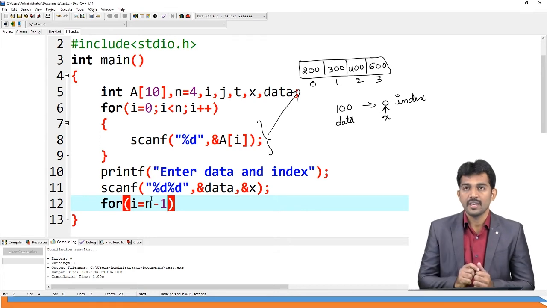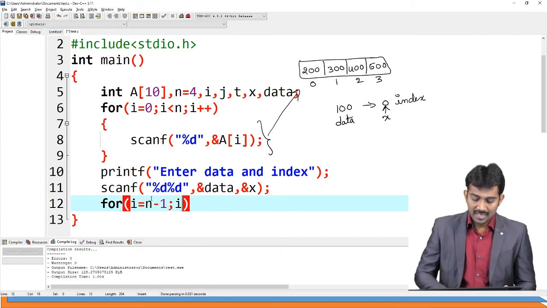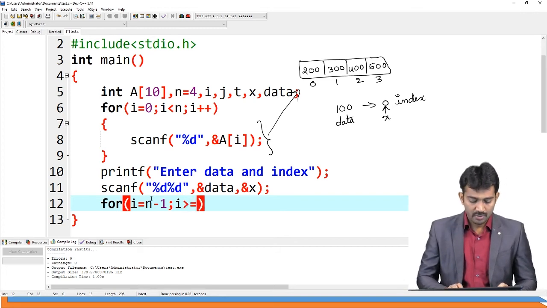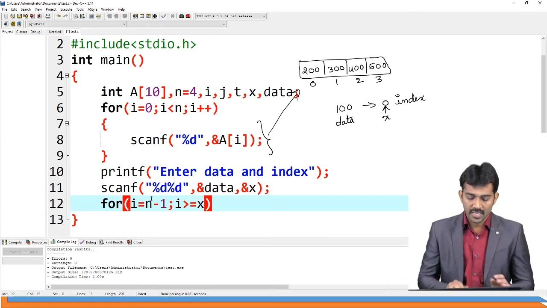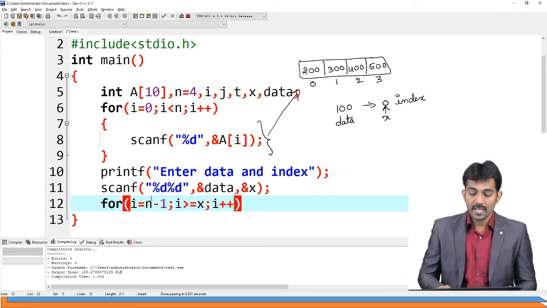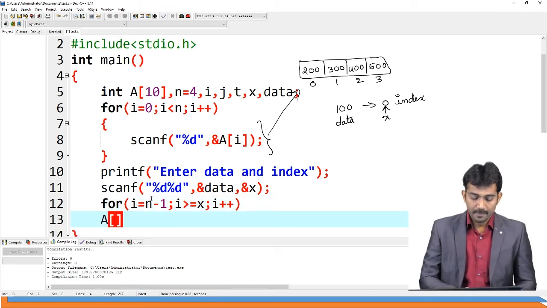I need to pick the last element, n minus 1, and that i value is greater than or equal to x, from x index onwards up to x index, i plus plus.